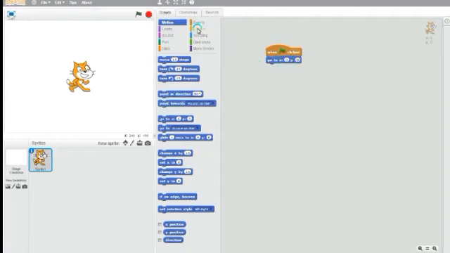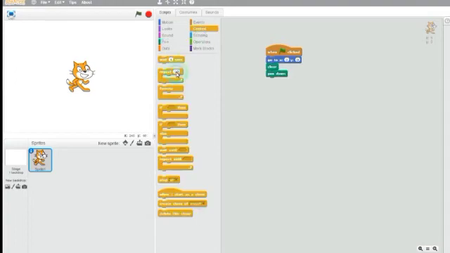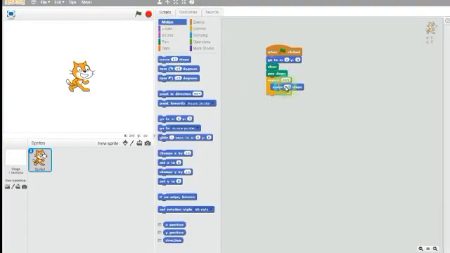Then we are giving clear from the pen block, means we are clearing. Then we are putting its pen down. See, I am creating a code, so it will start drawing. Then I am giving repeat 360 from the control block, and then I am giving move 1 step from the motion block. Now see what will happen.